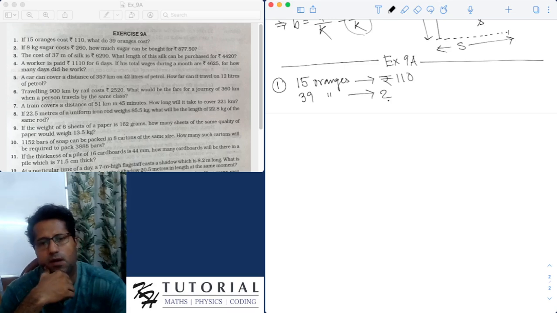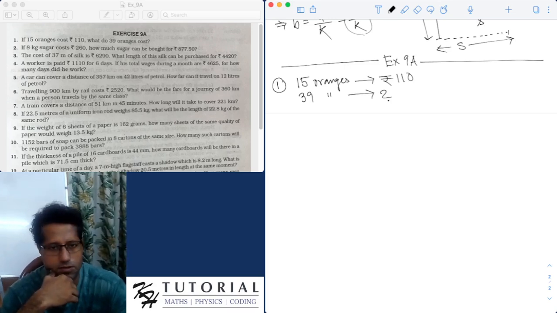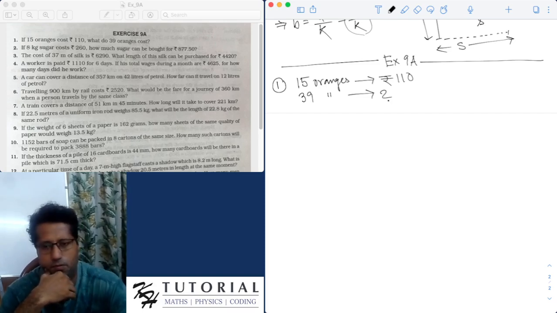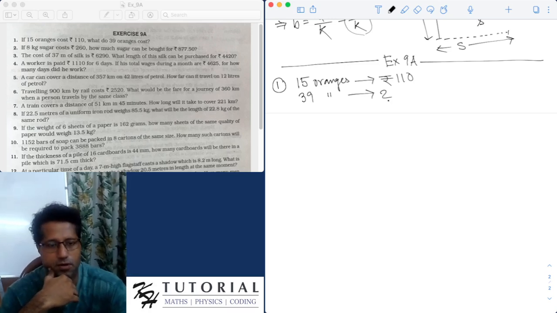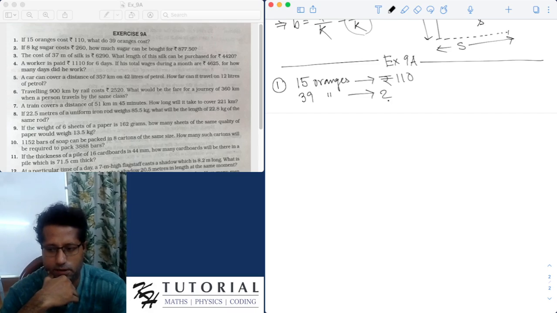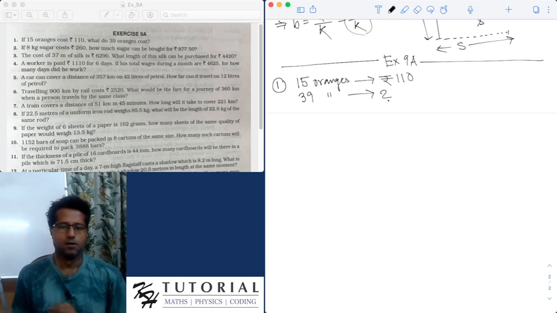Since we are only discussing direct proportion or variation, in all these problems the quantities will be in direct proportion. But once we complete the next topic, which is inverse variation or proportion, then when we do problems on both direct and inverse variation, it might be tricky or tough to decide whether the two quantities are varying directly or inversely. Anyway, so